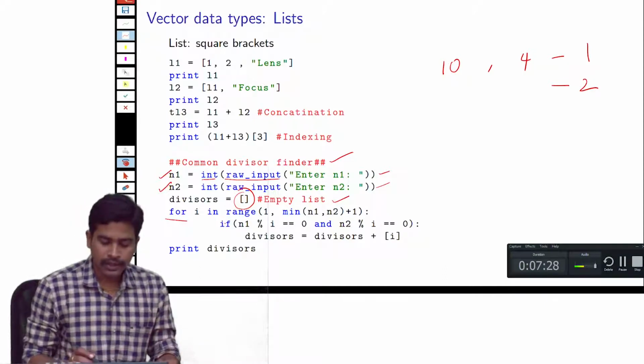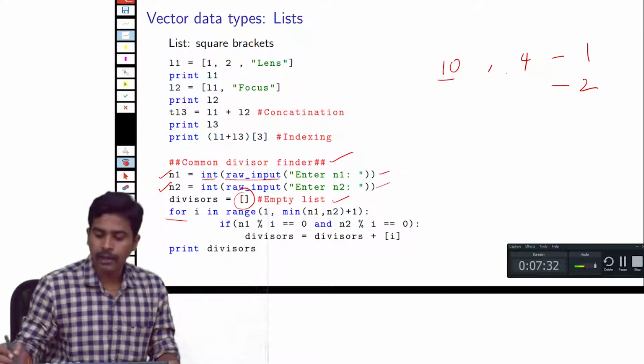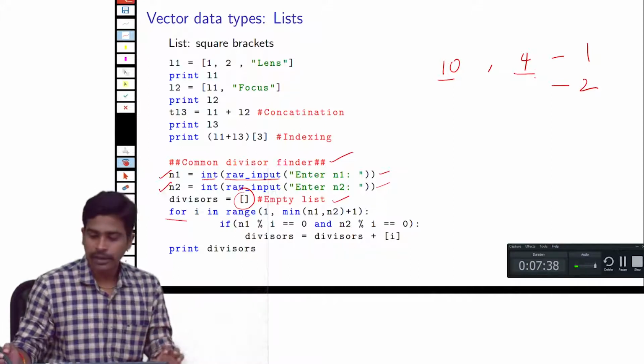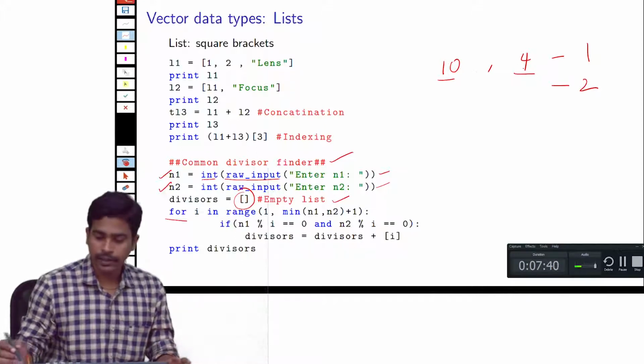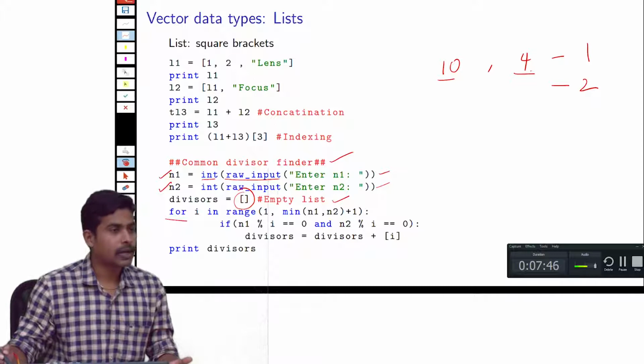The algorithm is, obviously, if there are two numbers, the common divisor cannot be larger than the smaller of the two numbers. So if we take these two numbers, the largest common divisor is always less than or equal to the smallest of the two.